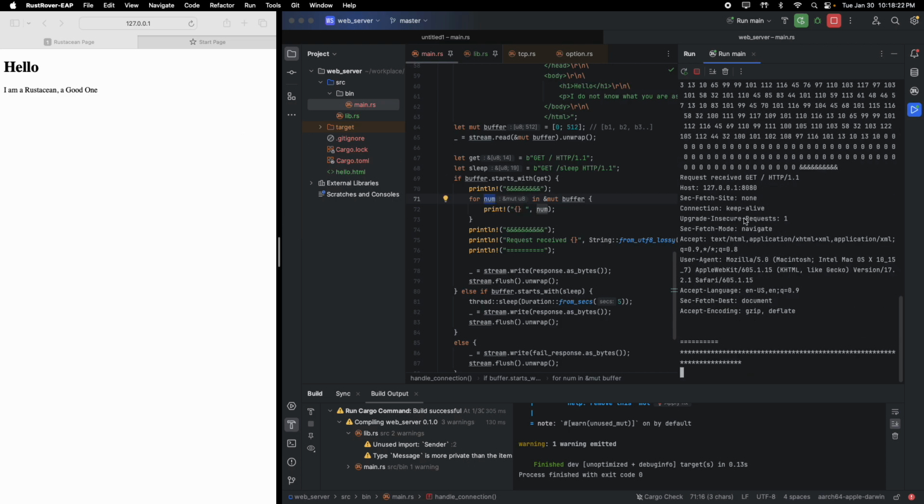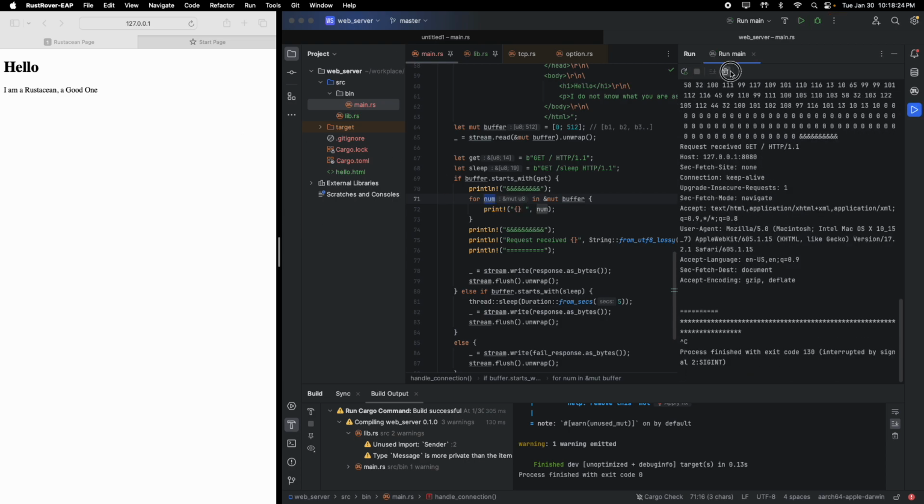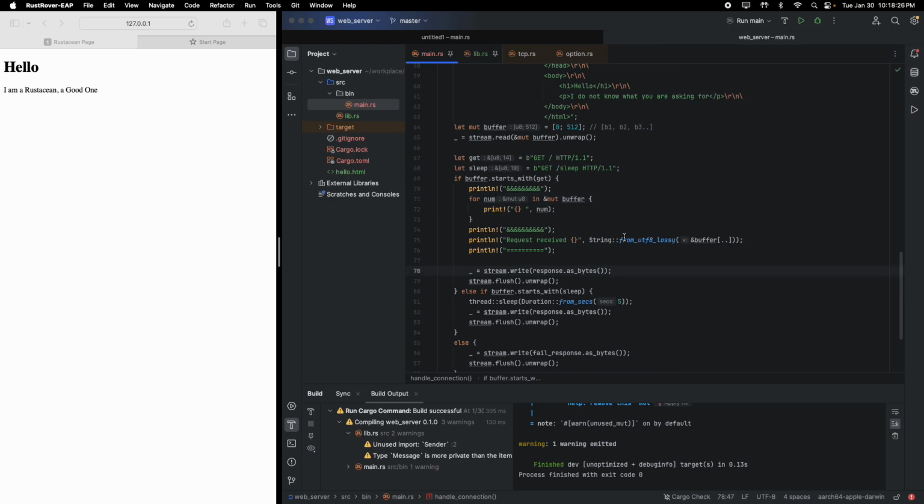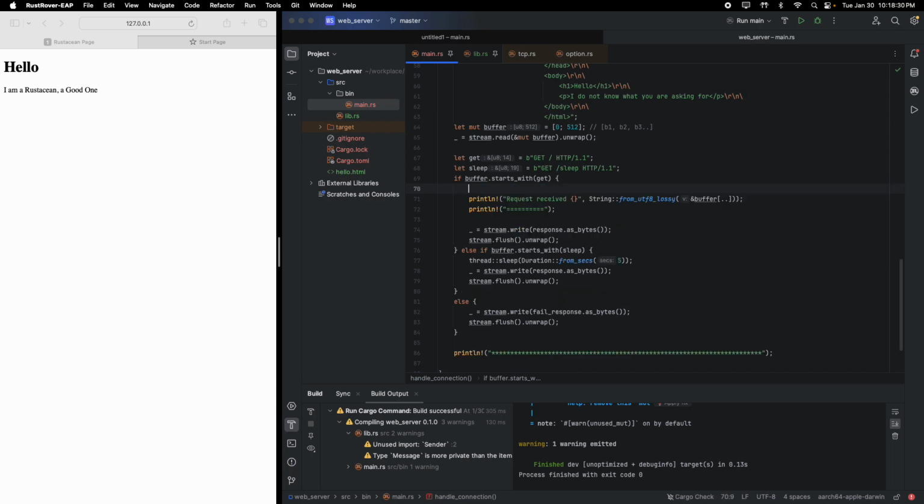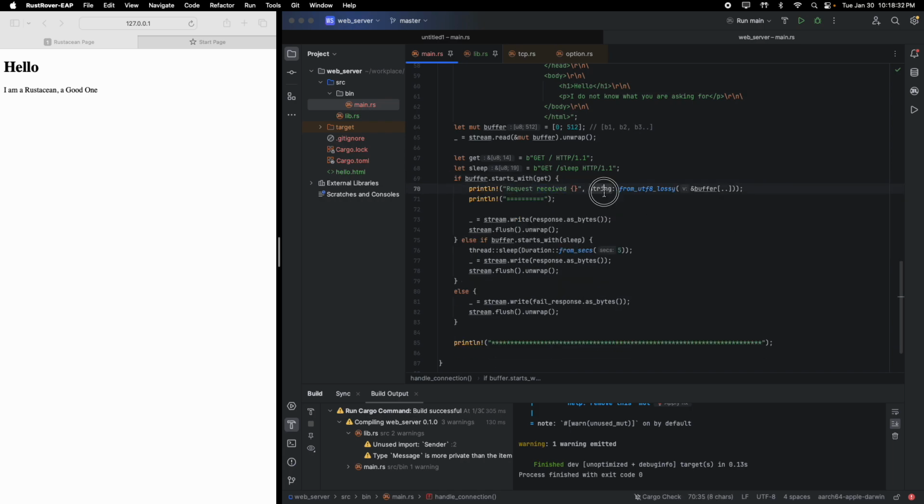So we need to convert that to, let me stop it. Yeah, we need to convert that to some meaningful stuff first. But yeah, once we do that, what we are doing is that for response, for this one, we are just sending a response as bytes, and